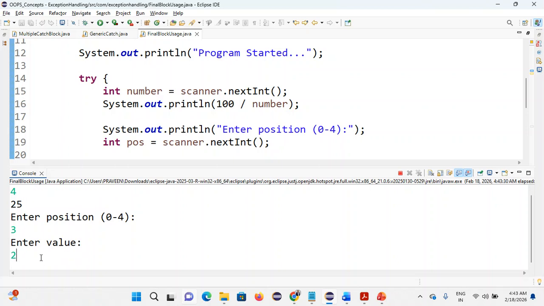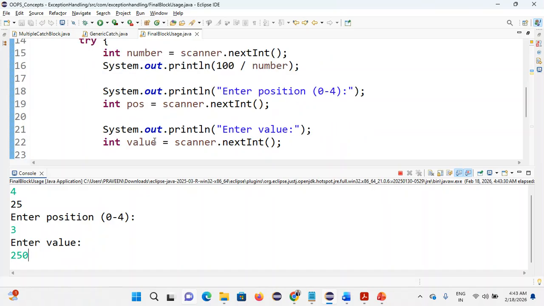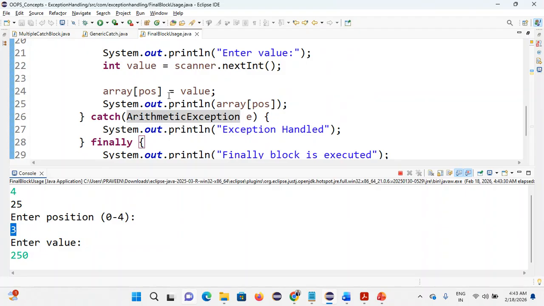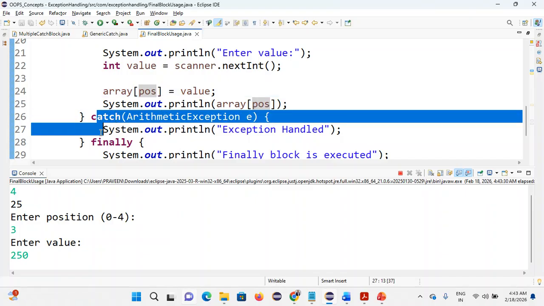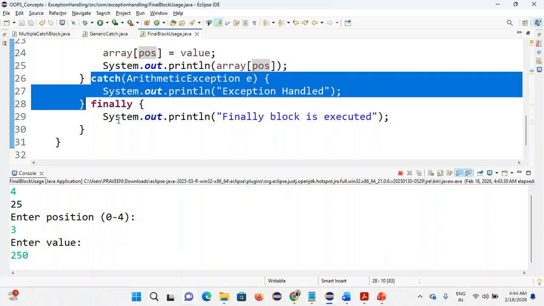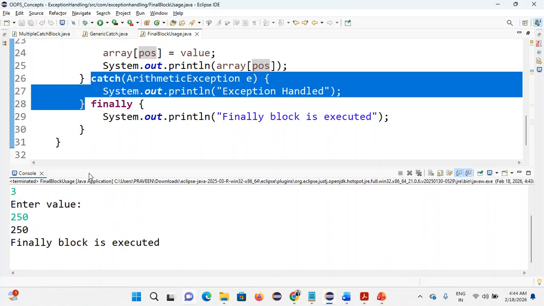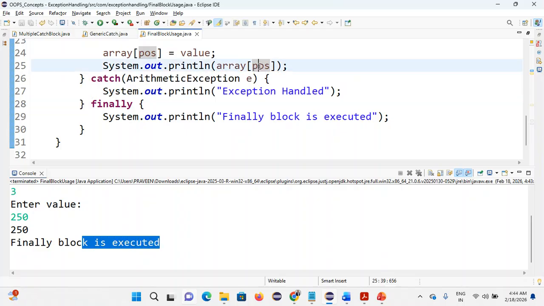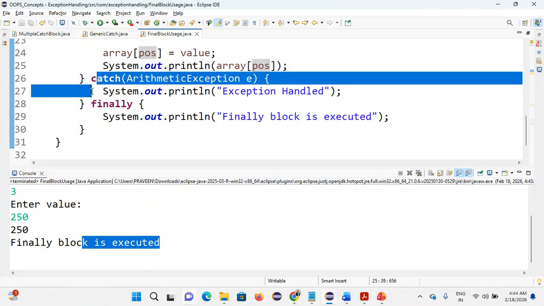Value 250. So array of that position, I'm giving the input as 3. So array of 3 is 250. No exception. The catch block will not be executed because there is no reason for getting an exception. So here also the finally block will always execute. See here, 250 is printing. The finally block is executed because array of 3 is now printing 250, and the catch block is not executed